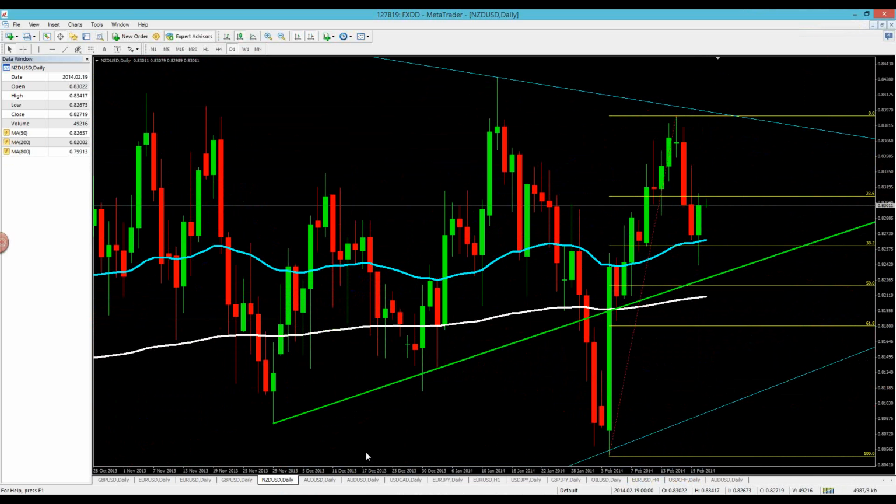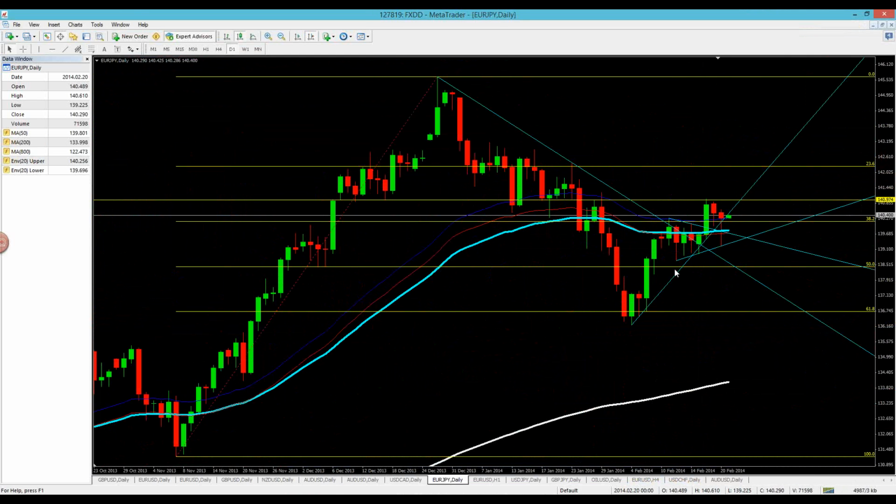Euro Yen. Guys, we called a sell on the Euro Yen. It was kind of ambiguous as one of those trends. Actually, the Euro Yen was the one that we did not want to take. We wanted to be careful with that one. And so I think we actually didn't call a trade on the Euro Yen there. But we did call a trade on the Dollar Yen sell, and that did work out for us.